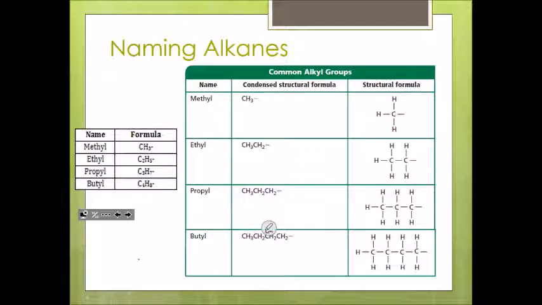Now you can write them one of 2 ways. You can use the formula like this, CH3 or C2H5, or you can look at it as a condensed structural one, because this technically is C2H5. There are 2 C's and 5 H's in there. Some people draw it like this, some people will just draw it like this. But both of them are considered ethyl groups because it's 2 carbons and the 5 hydrogens coming off of the main chain. So you can do it either way. You're going to see them written either way.